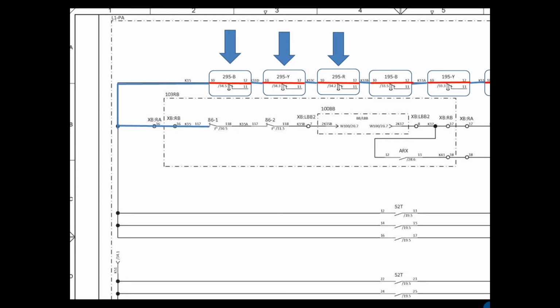Okay, from the positive 255B, it will directly pass through TB7 if 86-1 and 86-2 are not operated. They should not operate. Why they should not operate means this dry contact is normally closed. If this 86-1 operates, it will open. So if it is open, the positive will not go through. This 86-1 and 2, if you see this, is a master trip relay. If any master trip operates, that is if any protection operates in the panel, then the closing will not occur. For this, we have taken a normally closed contact.